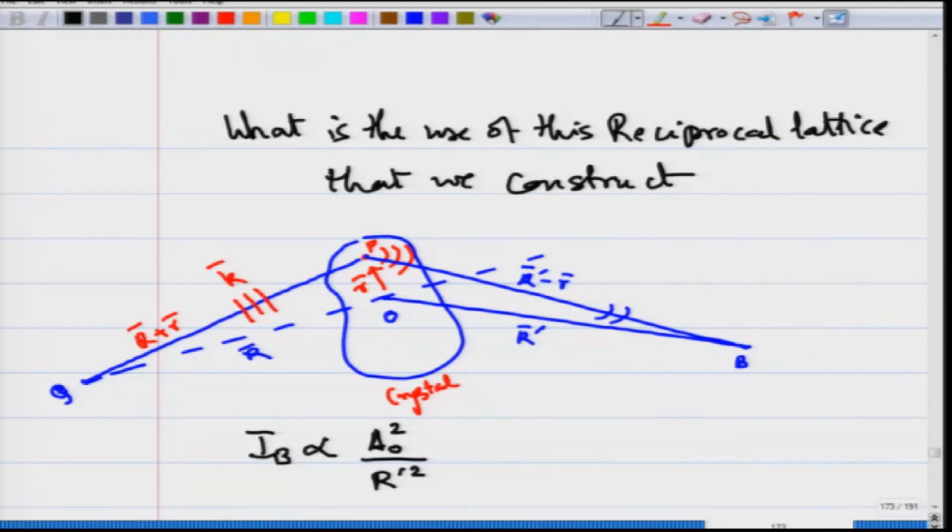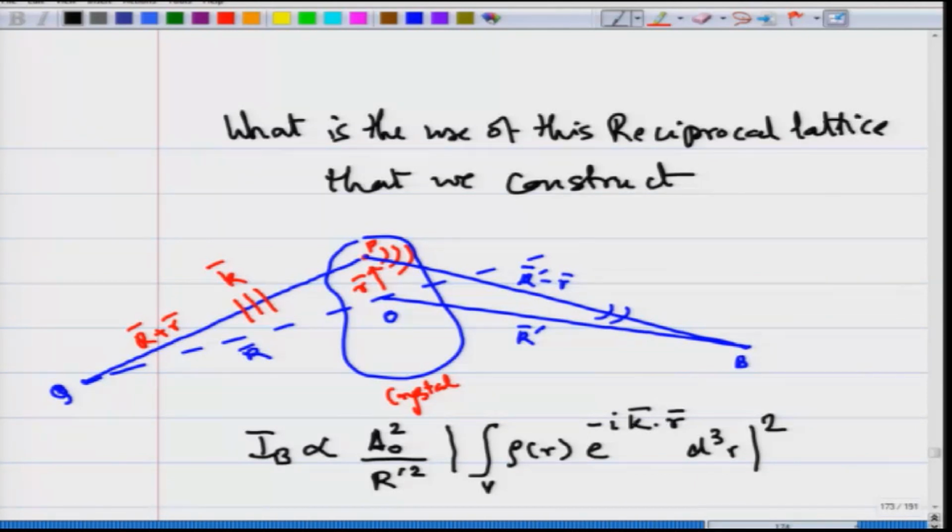The intensity dies down as the square of the distance from the crystal, as you naturally expect. And there was another term which was the Fourier transform of the density of points in the crystal. That was rho of r e raised to minus I k dot r d cube r, the whole square,